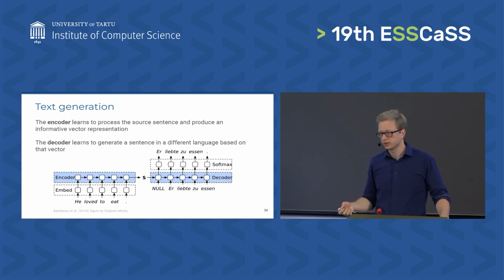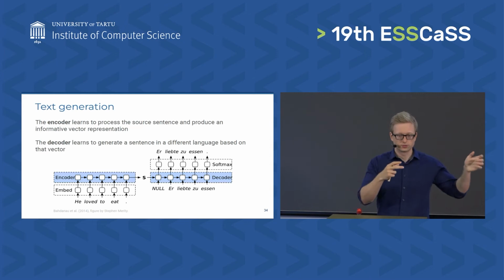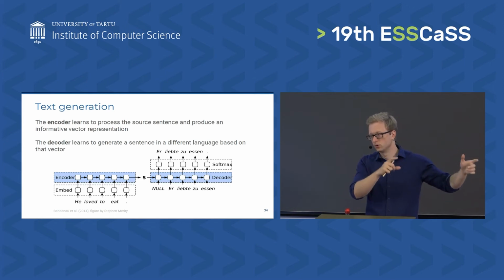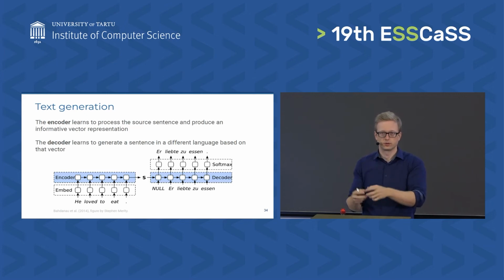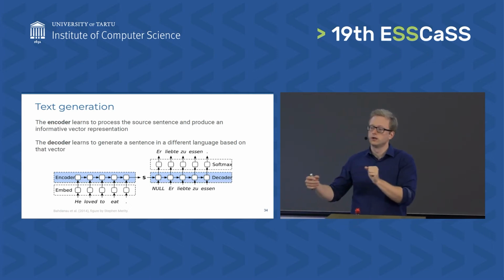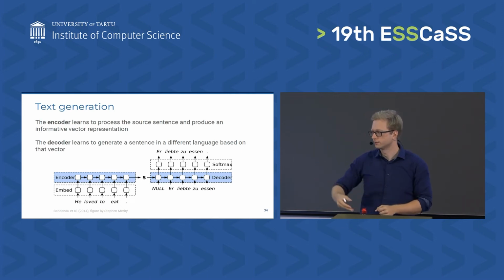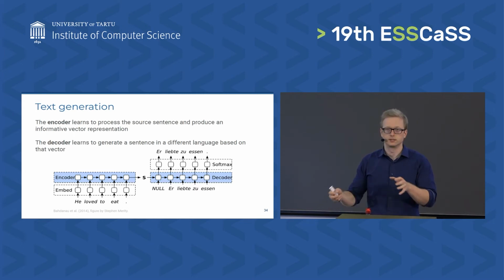We can also do text generation. So, for example, if we want to transform text from one language to another, then we use an encoder to encode the text in one language. We can get a vector representation or a sequence of vectors out of it, and then we use a decoder model to decode this vector into a different language. And Mark is going to talk about that in more detail after lunch, and you'll see exactly how decoder models work and how we can use them for different language generation tasks.